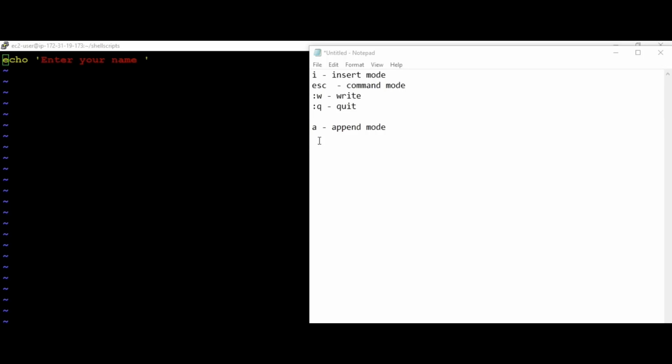Now in the shell script I am reading the name, then I am appending it to a text hello or something. So let us learn a few more commands we have in the vi editor. When you press dollar in command mode, this takes the cursor to the end of the line. Dollar is nothing but shift and 4. Similarly, you can type the symbol caret, which is nothing but shift 6, to take the cursor to the beginning of the line.